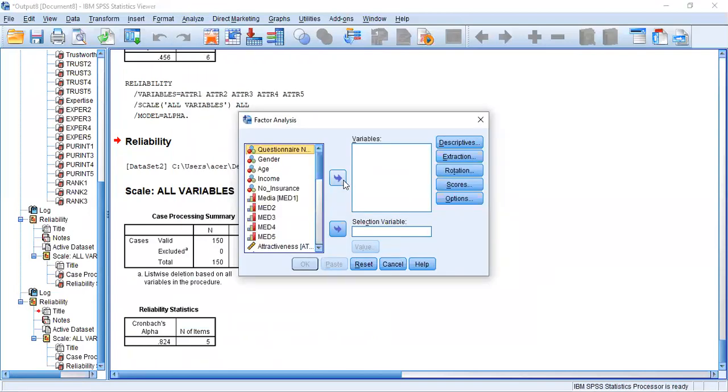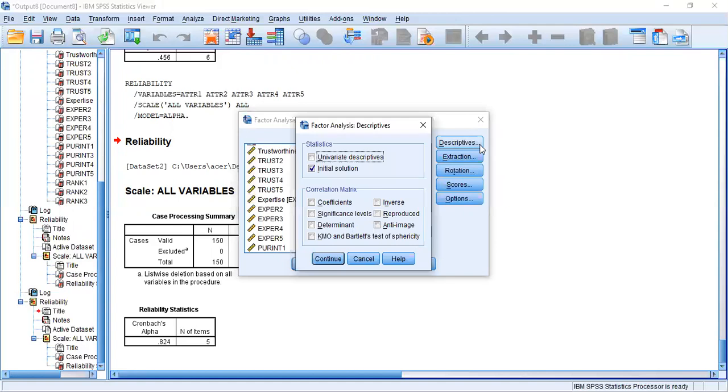Similar to your reliability analysis, here also you need to select the measurement items coming under the particular variable. I purposefully included item number 6 because I want to show you the main analysis based on factor analysis. Just put your selected items into the variable box. Then go to Descriptives. Under Descriptives, click the last option, KMO and Bartlett's test of sphericity. Then continue.